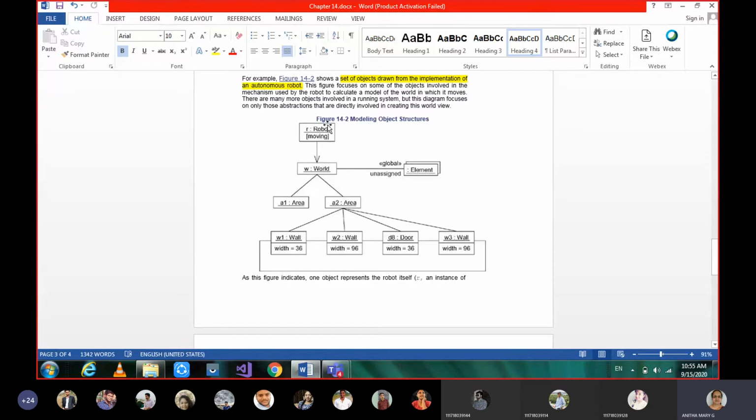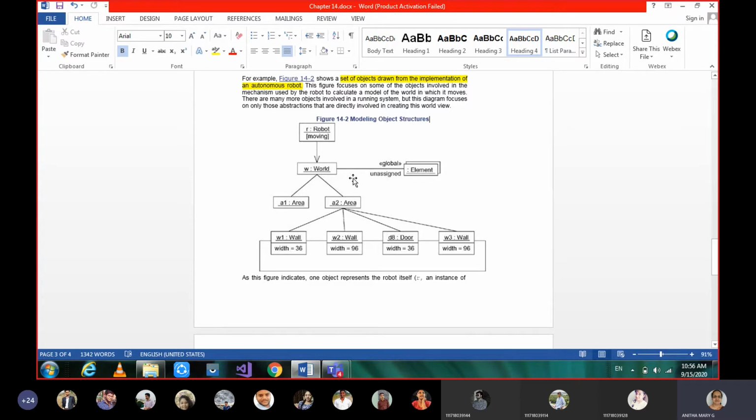So that we can give it as a constraint saying that it is moving. So the object is moving, so where is it moving, in some space, so that is the W instance, world. Here the instance object is unassigned, which can be given globally. So wherever it is placed, it has to move, and it can move on multiple kinds of objects. So that is not assigned, it is just said in general. So that is about global, which is not assigned for multiple objects.